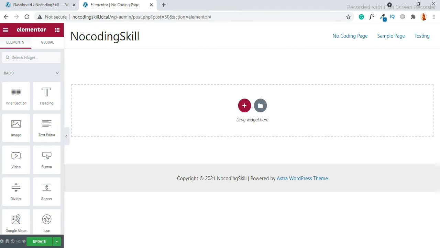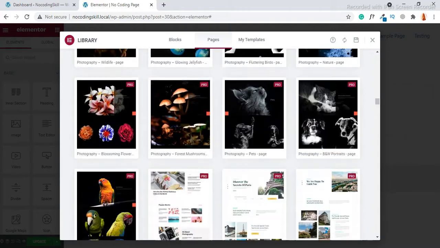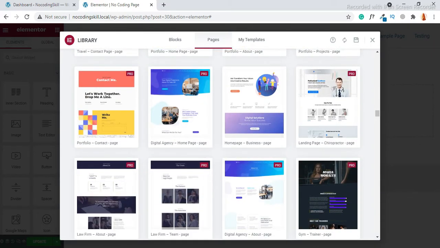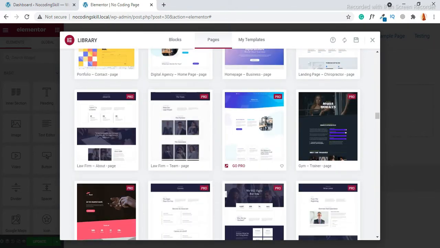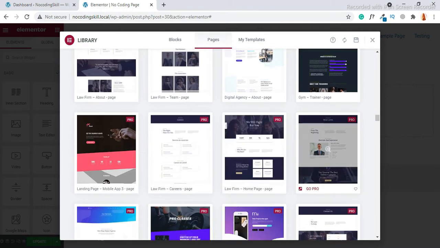So friends, now let's make pages with a pre-built page. Click over here. Here are some free and paid pages available. Let's take a free page.